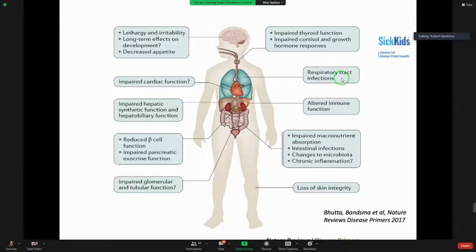So the hepatic enzymes that are produced, or the hepatic bile that is produced to help digest lipids and help with lipid absorption, is impaired. And similarly, the exocrine pancreatic function is also impaired. So digestive enzymes that are secreted by the pancreas are reduced. Hormonal systems are affected, the immune system is affected, and the gut is infected. And we'll talk a little bit more about the gut later on.